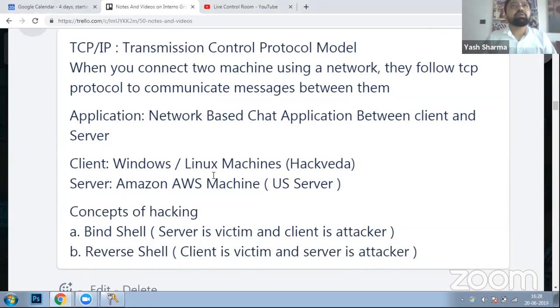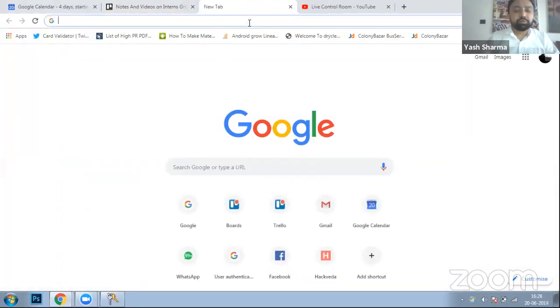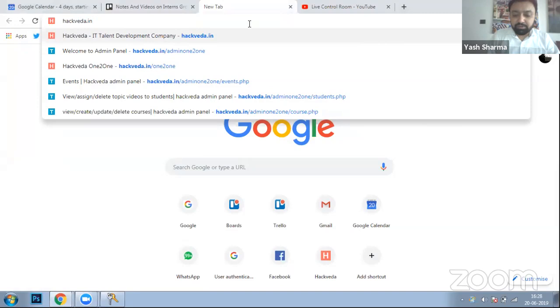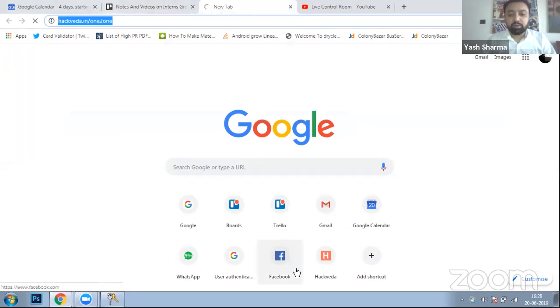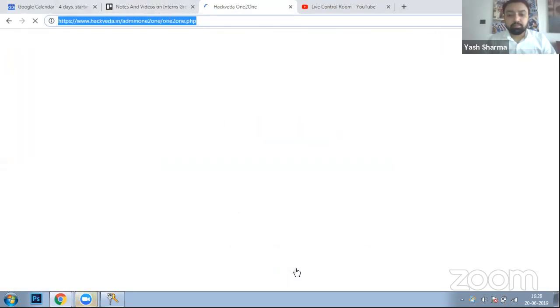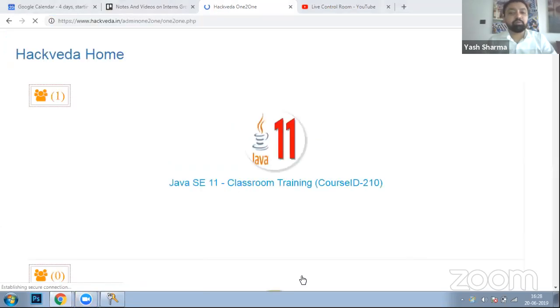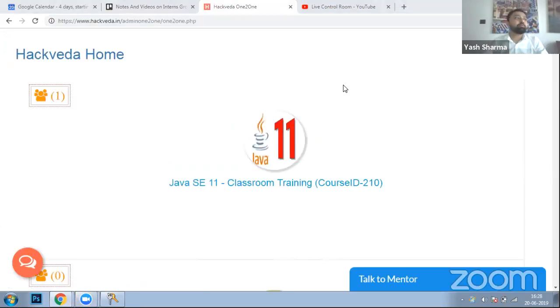So now, as you all know, you need certain resources to do that. The first resource which you need to access is Netcat, which is available here on Hackweather.in one-to-one. So you can quickly browse to this one-to-one. I've shared this link to all of you. Open this link. Okay. When you come on this link,